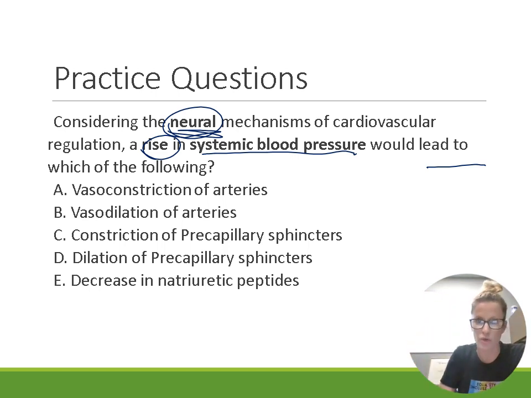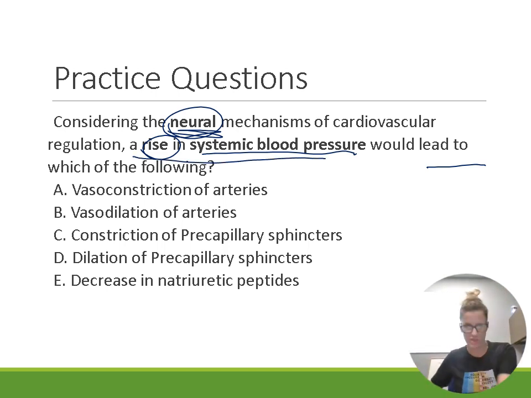So neural control. This is saying a rise in blood pressure is going to cause which of the following to happen. In other words, this is asking, how will the body react when the blood pressure goes up, right? Remember, our body wants to remain homeostatic. We want to remain balanced. So if blood pressure is going up,